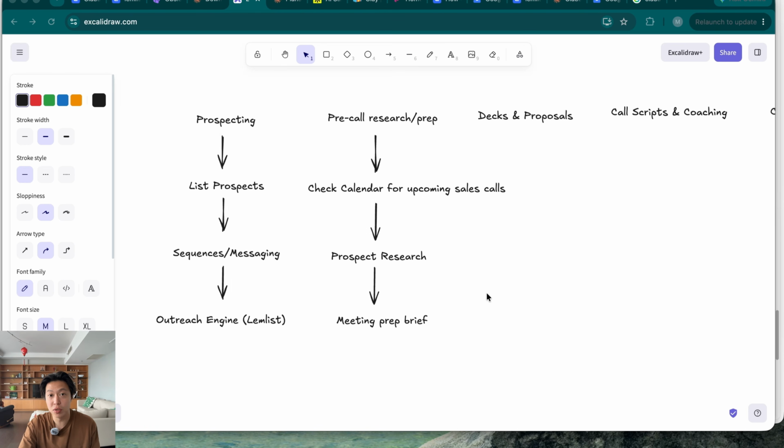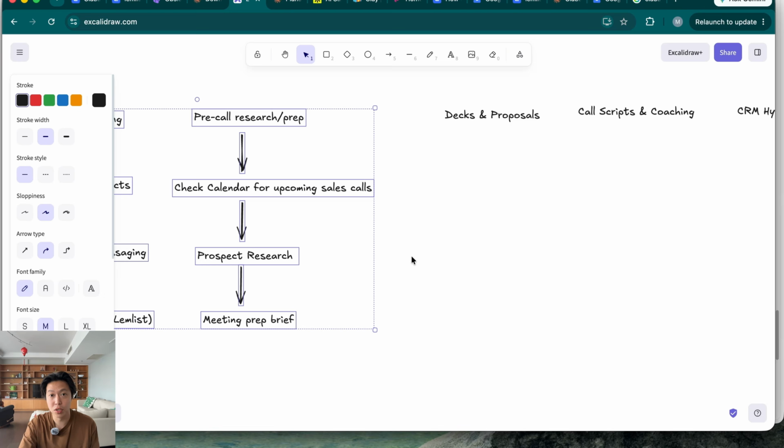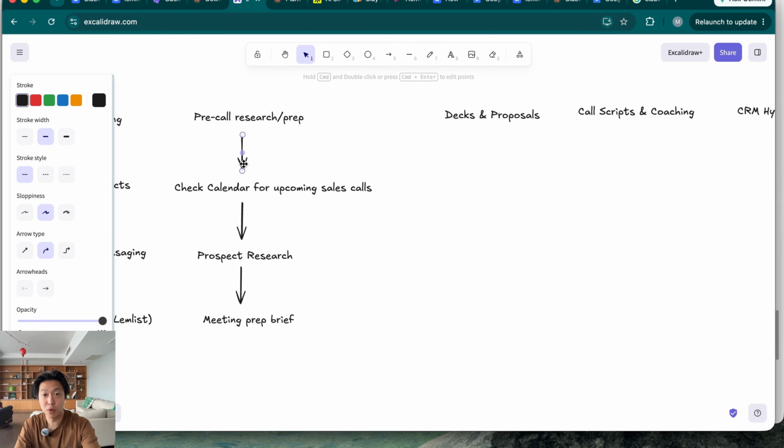All right, so coming back to the process here. So let me move this out a little bit over here. Okay, so the next is decks and proposals. So one of the things that I've seen sales reps struggle with, even RevOps, right, with supporting them with collaterals,